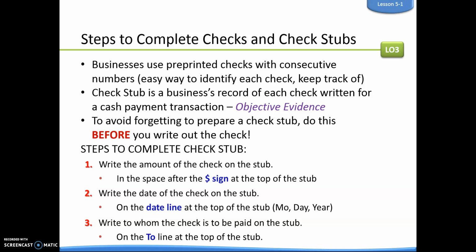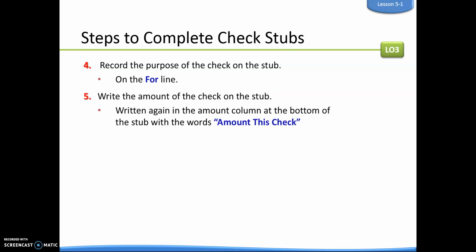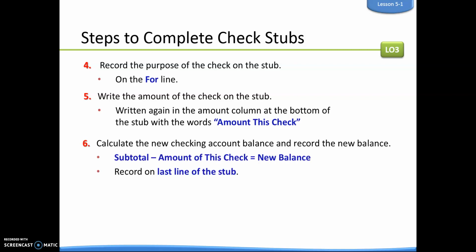This goes on the to line at the top of the stub. The fourth thing we do is we record the purpose of the check on the stub, which is going to go where it says the for line. And then we write the amount of the check on the stub, again written in the amount column where it says amount this check. And then we calculate our new balance by doing our subtotal minus the amount of this